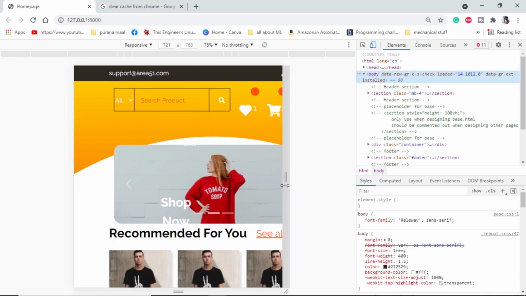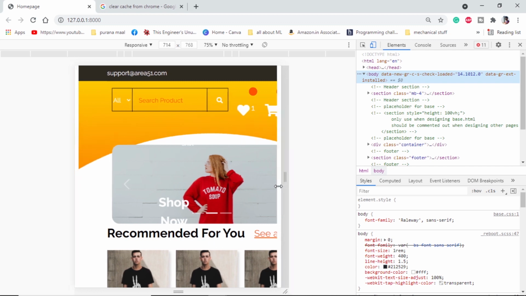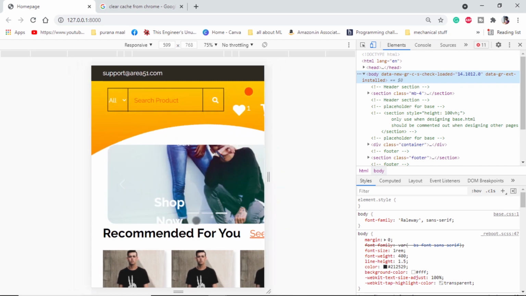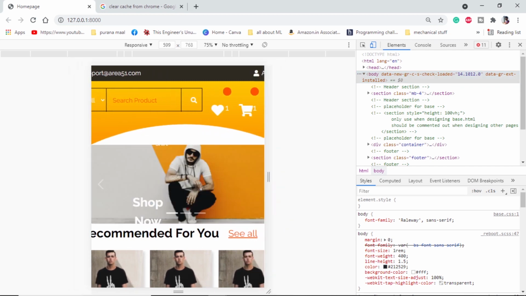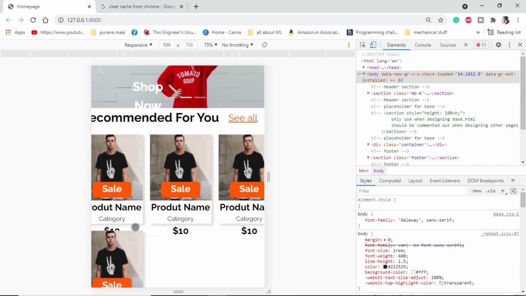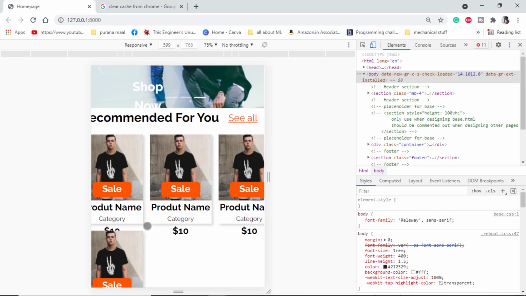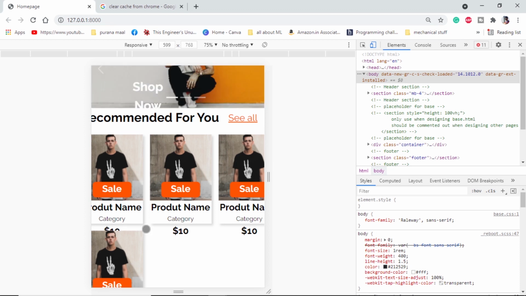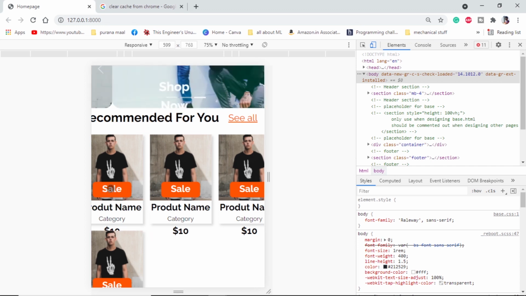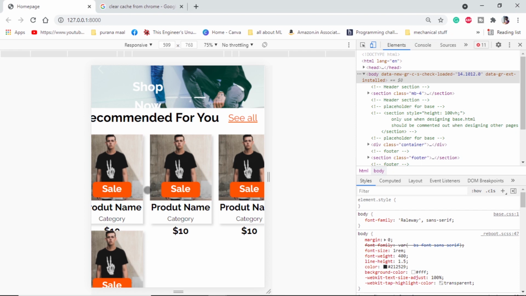So let's make it below 768, anything around 500, and here we can see the size of our hero section is changed, and if we scroll down we can see the size of the cards also changed. This is just a simple change we have made. We will be required to make many more changes. I will try to show you the different changes that are necessary, but basically all changes will mean to decrease the size of font, to decrease the size of this division.